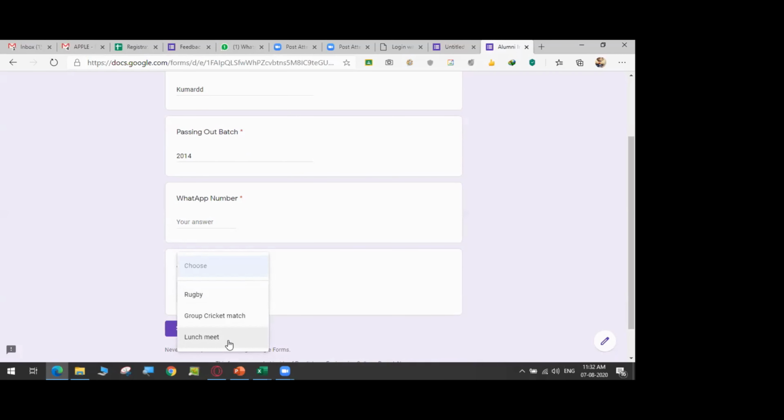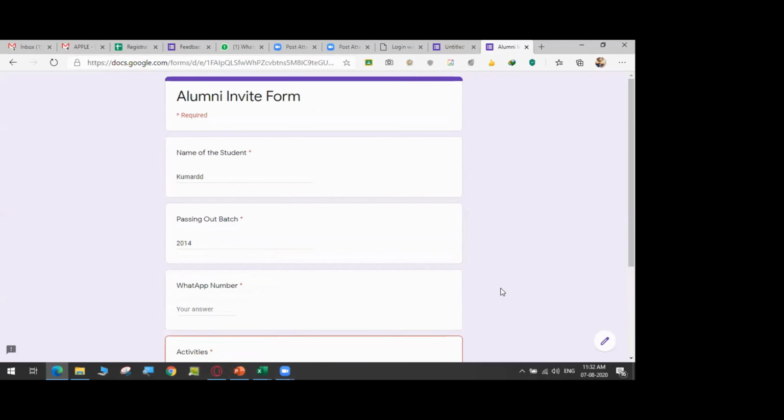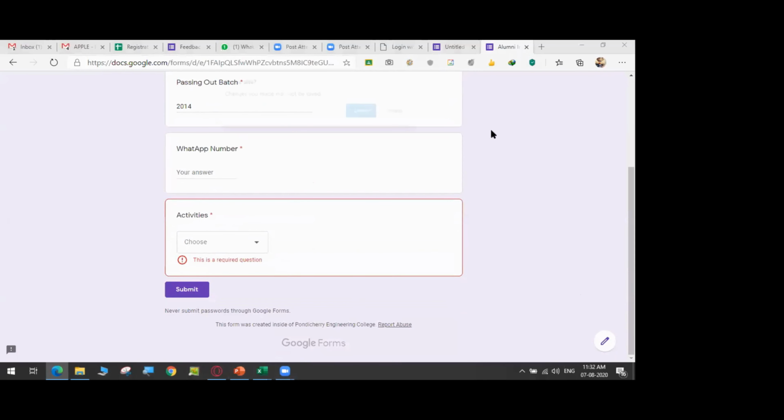So you need not do anything, it will be automatic. Every time, according to the limit we have fixed, that will be applied. So that is the great thing about choice eliminator. It can be used according to your application scenario. I have just demonstrated with an example. Again, in lunch meet, once you fill 10 entries, with more than 10 entries it will not show you lunch meet. That's how basically your choice eliminator works.